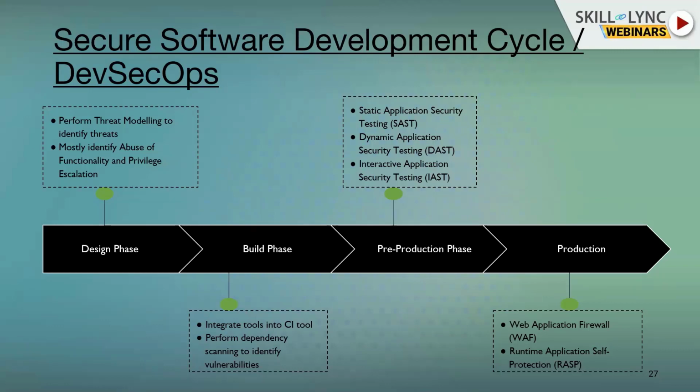And say if they have moved to production and you are in a cloud, you can use some of the tools that come right out of the box from the cloud vendors, like web application firewall or runtime application self-protection. These are agents, or tools, that reside in the production environment. When it is being consumed by live customers, they can use it so that we can prevent some of the attacks that are being lured or projected for this one.